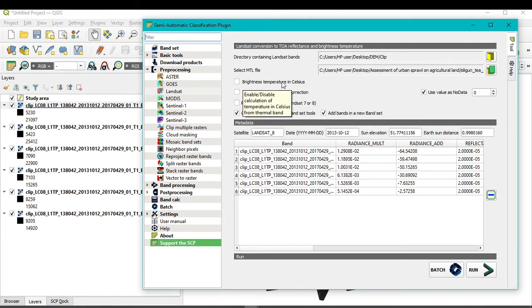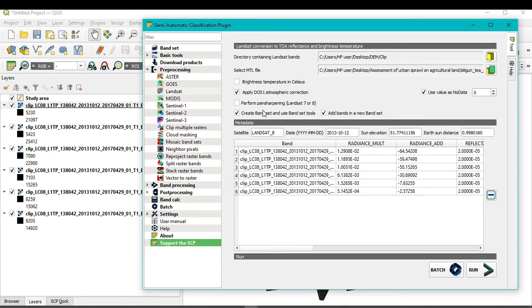Now you can see here some options: brightness temperature in Celsius, apply DOS1 atmospheric correction, perform pan sharpening, etc. So now we'll go only with atmospheric correction. For that just click here. If you want to go with pan sharpening to improve your bands, you can, but I will not go with it now.